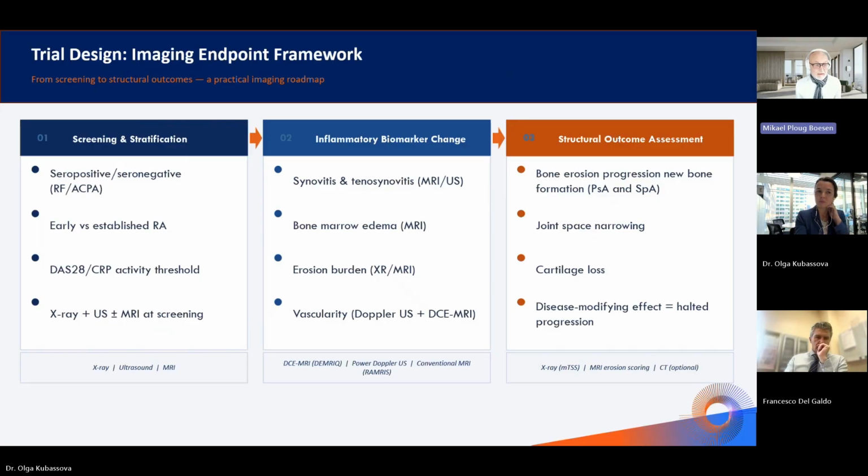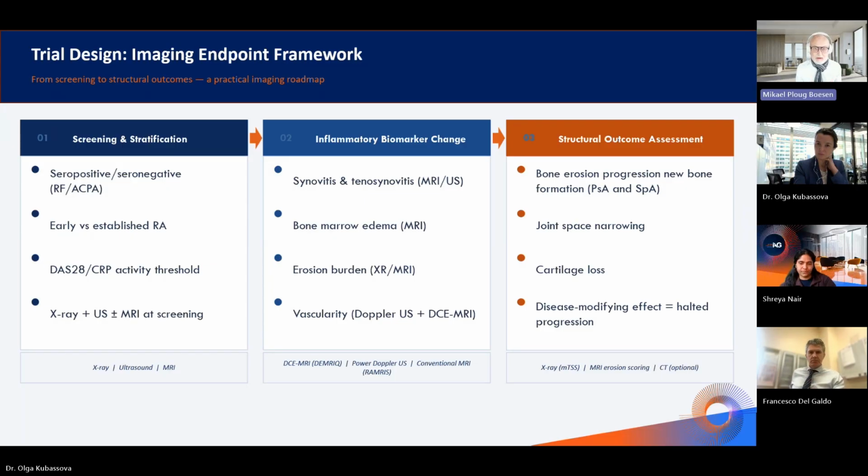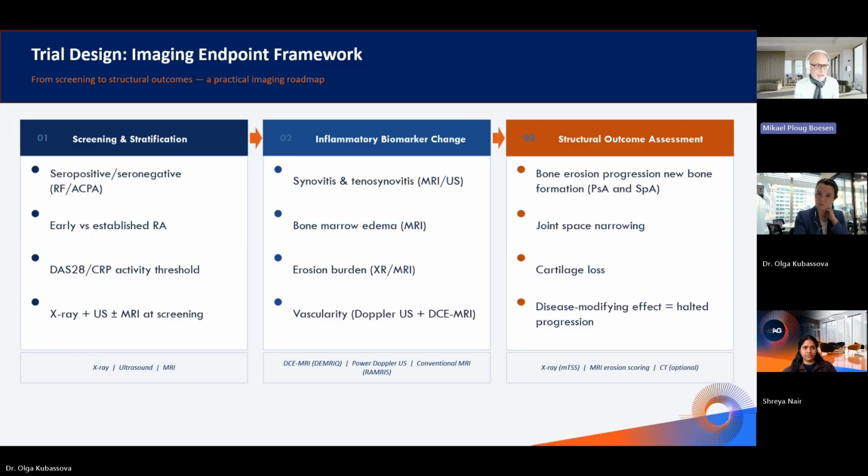So the trial design, as I hope you can see, depends on what you want to know and what diseases you work in. Imaging has to be shaped around that and designed specifically for it, because every trial has its own more or less proprietary imaging design. But it's also important to take into account the mechanism of action of the drug. So whether it's seropositive, seronegative, rheumatoid factor, anti-CCP positive, no rheumatoid factor,